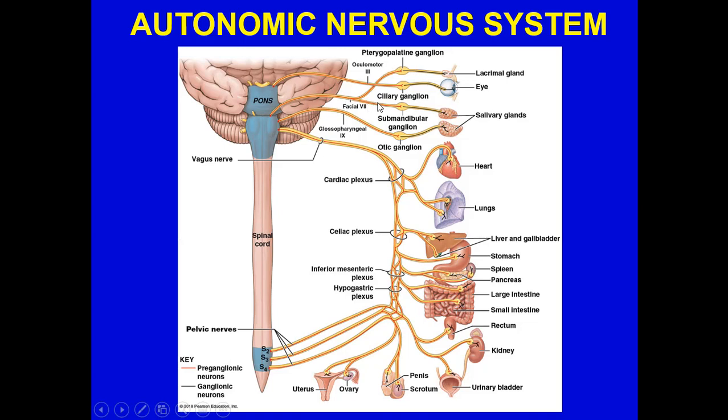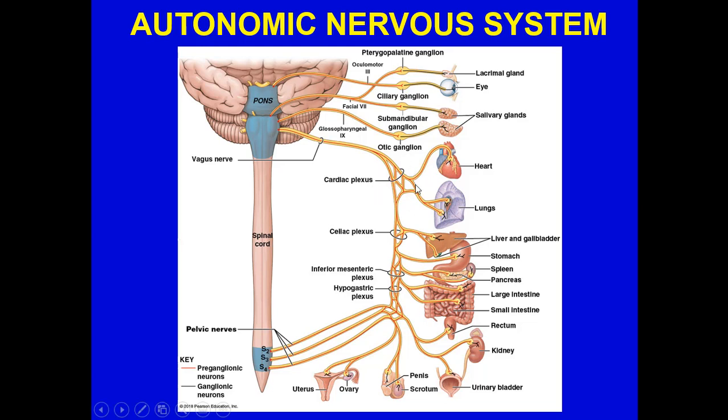You'll note, interestingly enough, that the facial nerve, which is really number 7, has collaterals that innervate the pterygopalatine ganglia, which innervates the lacrimal gland. It also innervates the submandibular ganglia, which innervates some of the salivary glands right here. So, glands here, but they're very different. Also note the ciliary ganglia right here. If you think of ciliary, think of the ciliary muscle that controls the focus of the lens in the eye, as well as influencing the iris so that it controls the amount of light that comes in. It gives you a focus, okay?